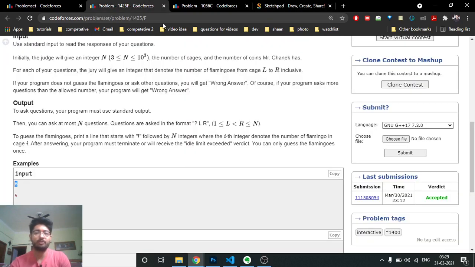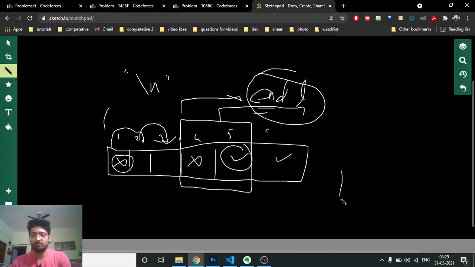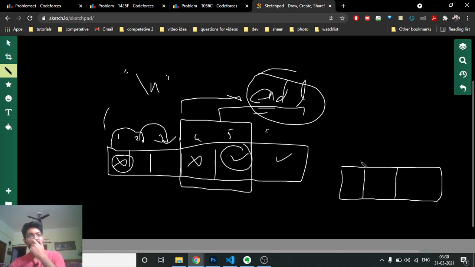Now as you can see in the problem statement, n is at least 3. There are at least 3 blocks in the whole problem. What we can easily do in this problem is, you have to just find out the value of the first element, and you cannot put a query of size 1. You have to make a query of size at least 2 or more.